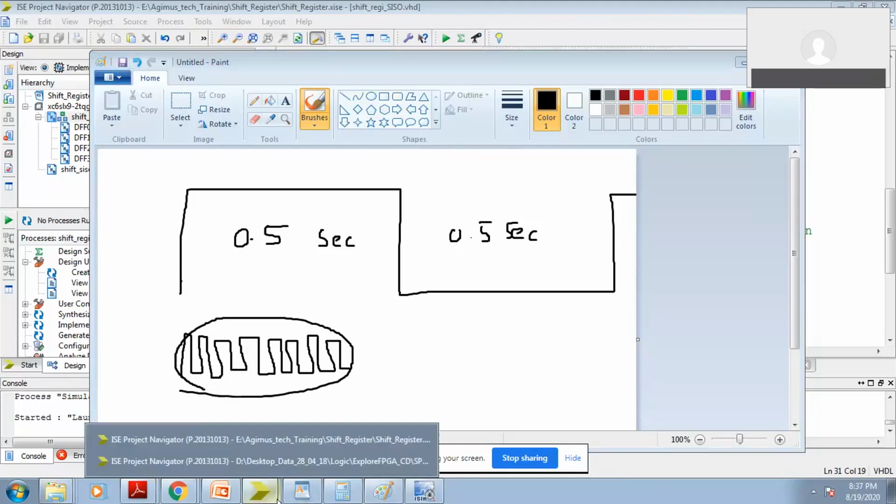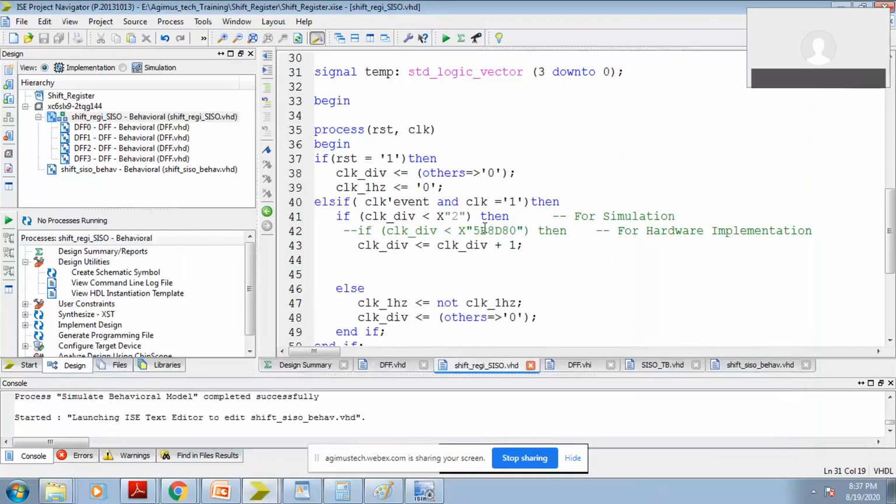So the same thing we are doing here. I'm just checking whether my count value is below 6 lakh. Then it's going to be plus 1. Otherwise, I'm generating the not of clock 1 hertz. This is another way to generate an exact 1 hertz clock. By using the same method, you can generate a 2 hertz clock, maybe 10 hertz clock, like that.